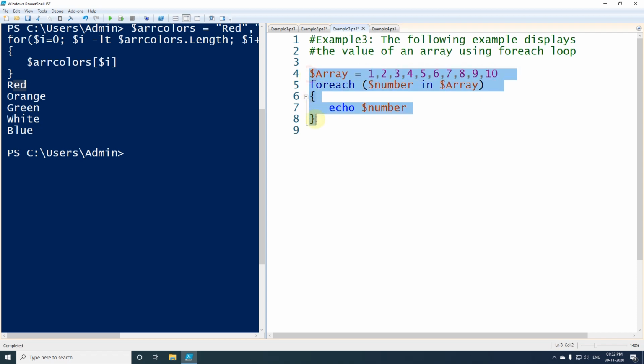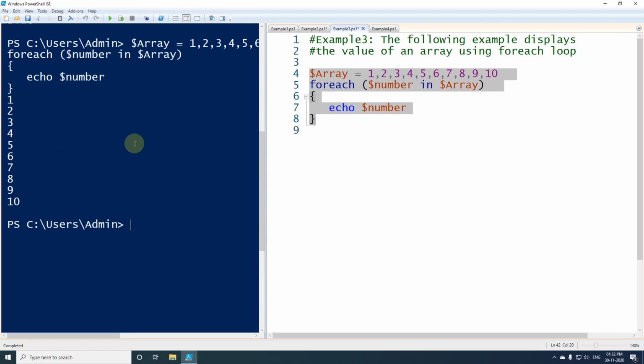If I execute, you can see here that the first time it fetched the first element and assigned it here. The next time the loop runs, the second element has been assigned to the particular variable number, and every time it runs, the code block gets executed and it is printed over here, and it will keep repeating until the last element of the array, which is 10 here. So that is the reason it is printing values from 1 to 10.